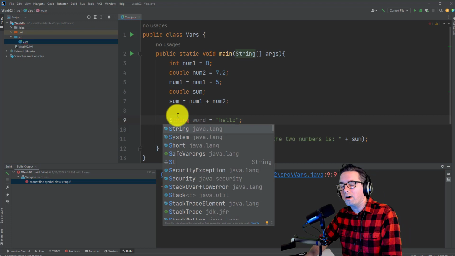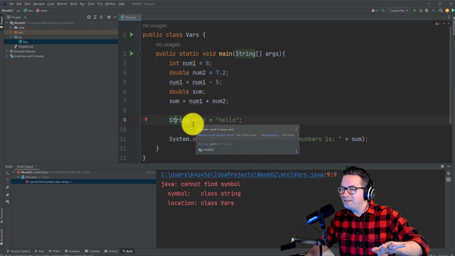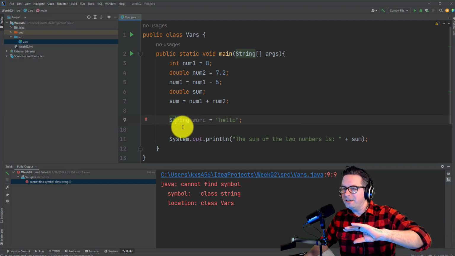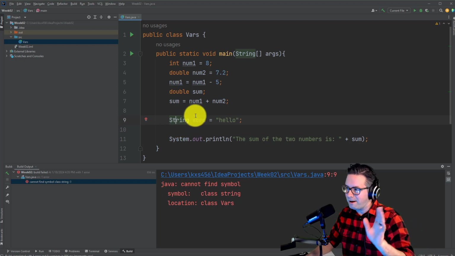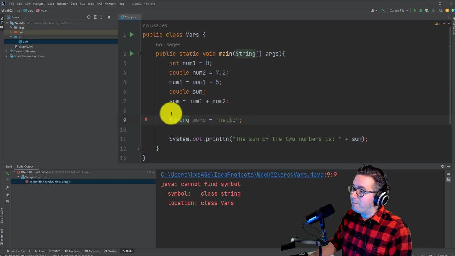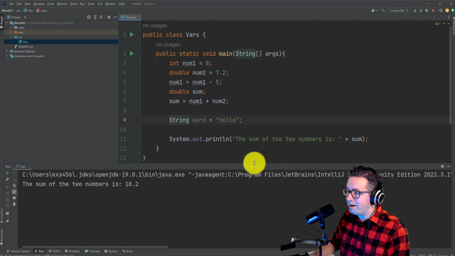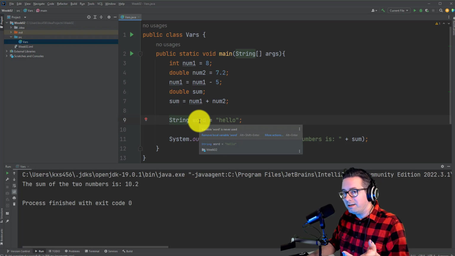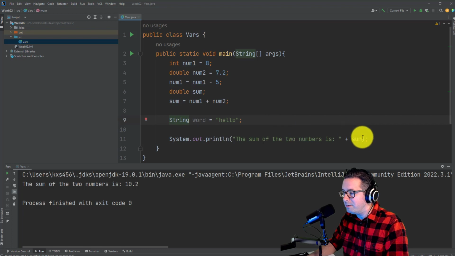There's a more complex reason why. It's just easier to say we'll get to that later, or it's easier not to worry about it now. It's one of those difficult things with Java. I'm sorry. But anyways, notice that we have it here and it's fine. The variable word is gray because it's not being used. So we could just say